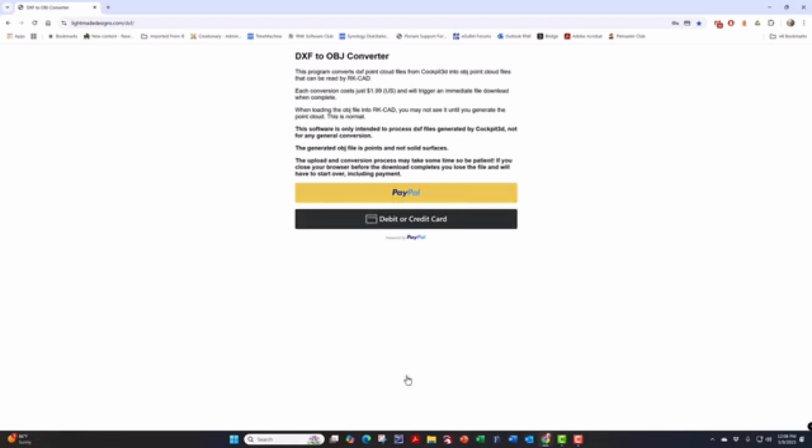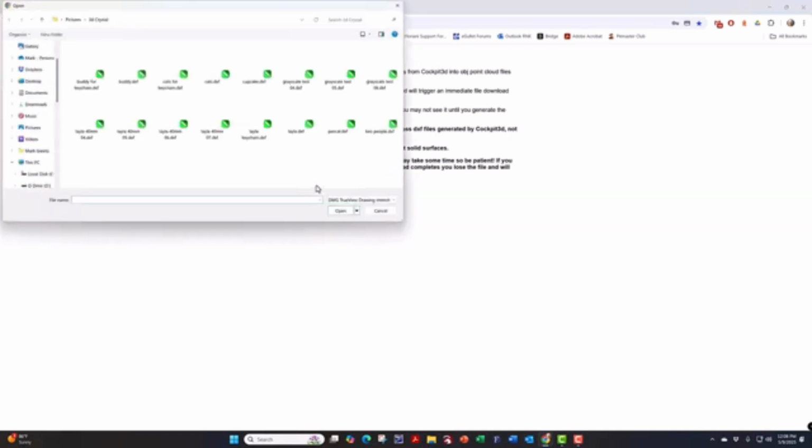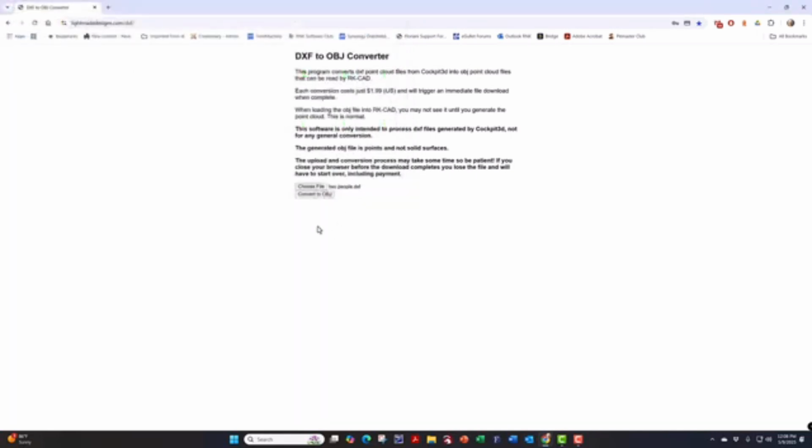Okay, so once you've entered all your information, you're going to see this Pay $1.99 button that comes up. Go ahead and click it, and once you do that, it's going to thank you, and it's going to allow you to choose a file and then convert it to OBJ. So you're going to click Choose File, and we're going to choose these two people DXF because that's the one we've been working with, and we're going to click Open, and then when we're ready, we're going to click Convert